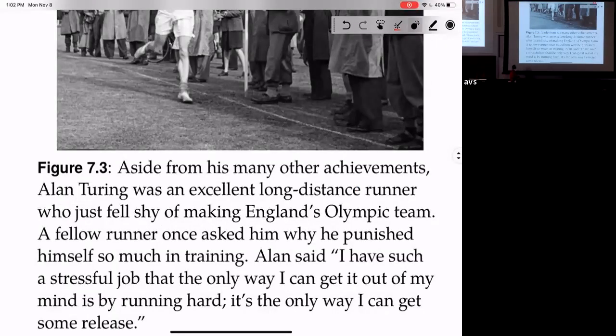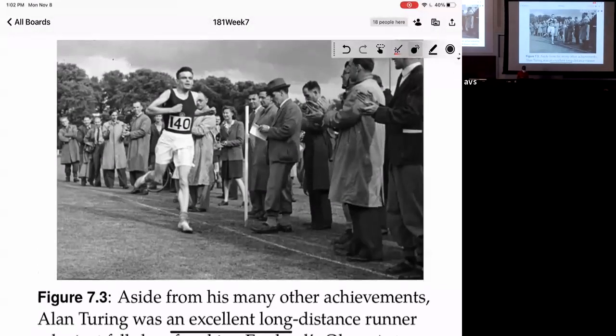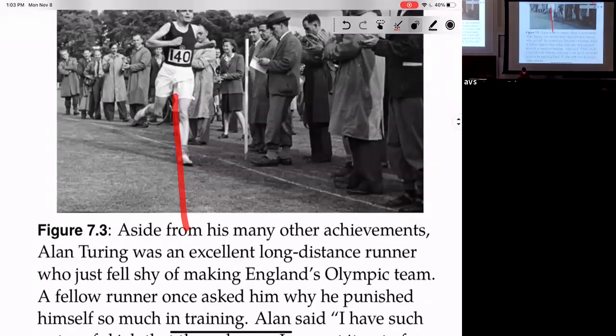So let me take a few minutes to say a little bit of history. This is Alan Turing, who is really the founding father of modern computing. His paper from 1936 defines Turing machines. It not only defined Turing machines, but as we'll see, it also showed two really remarkable results within mathematics and theoretical computer science as we know it today. His paper also laid a blueprint for what general purpose computers are, how you can build compilers for languages within themselves, and all kinds of stuff like that. And he was also a long distance runner.